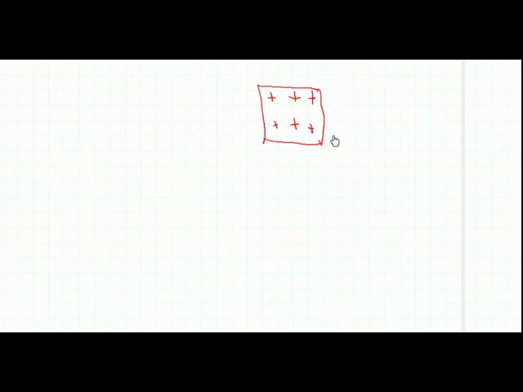Similarly, the charges can be distributed over a surface, or a two-dimensional surface. In that case, what will be the charge density? This is a two-dimensional surface with a uniform charge distribution over the surface. Now in this case, what will be the ratio of total charge to total surface area? It is Q by S is equal to sigma, where sigma represents the surface charge density. So it is the ratio of total charge to total surface area, Q by S.